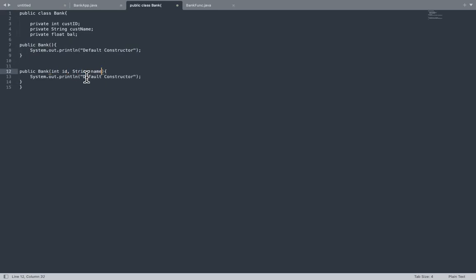Within that, just assign your ID to your cust ID. Before the sysout, give cust ID, what you created outside your constructor, equal to the argument you have inside. And same thing for your cust name equal to name.